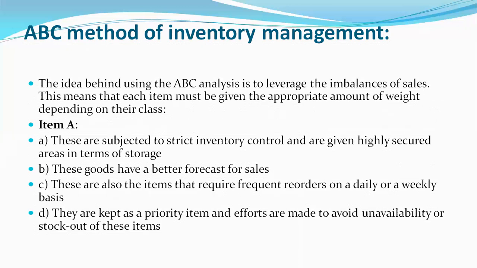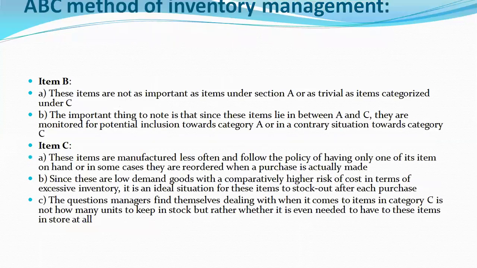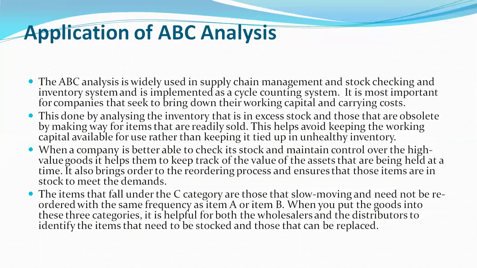So as we discussed, A item categories are usually 70 to 80% of the items consumed in any manufacturing facility. Now we are coming to B and C. As we discussed, these belong to the remaining 30 to 20%, and then C items are about 5% of the total inventories. So this is the application. I told you these are ABC inventories.